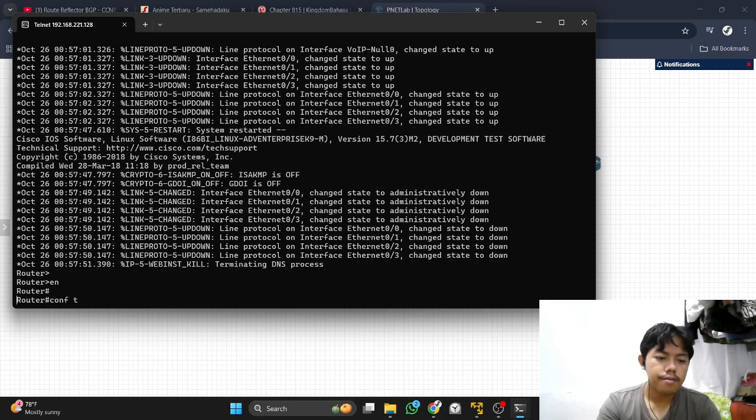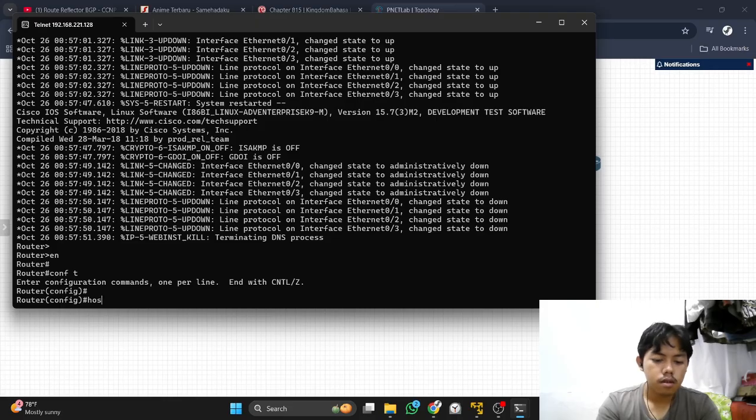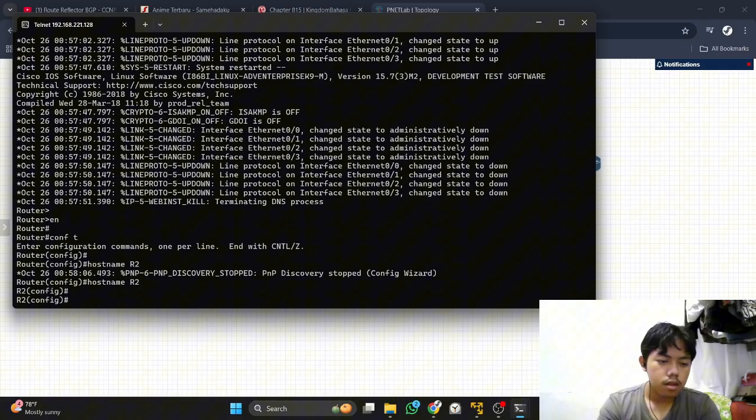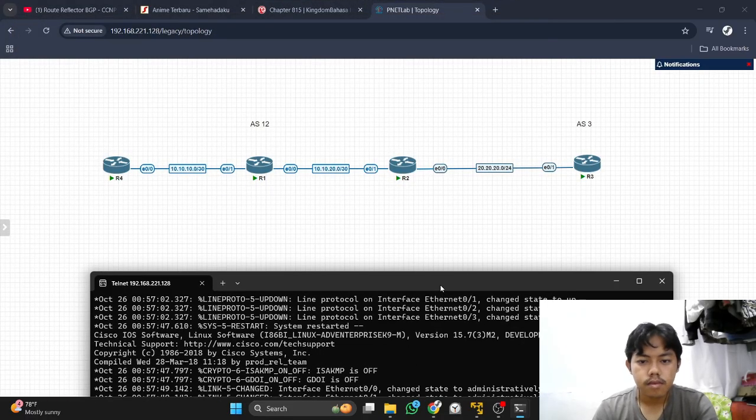Just like before, set the name R2 and interface.